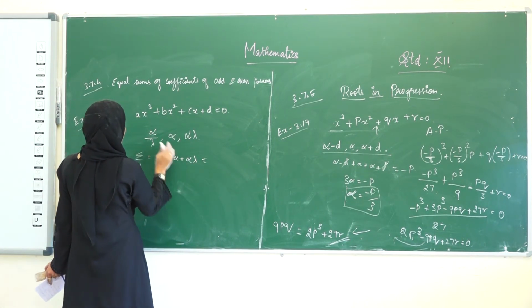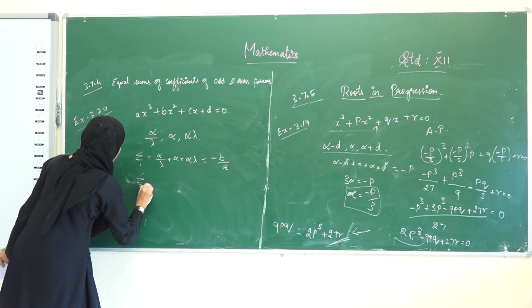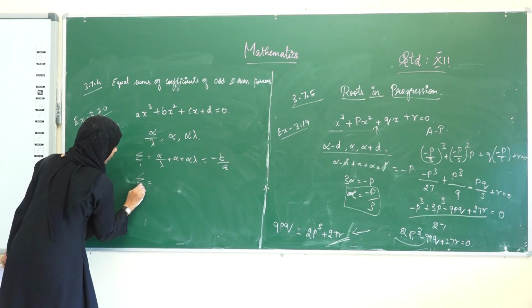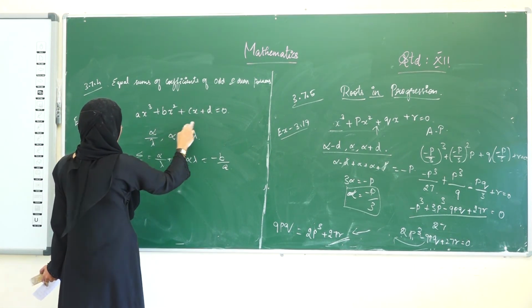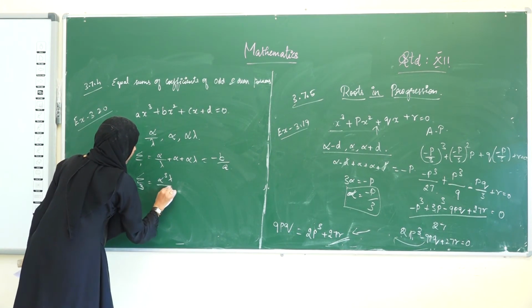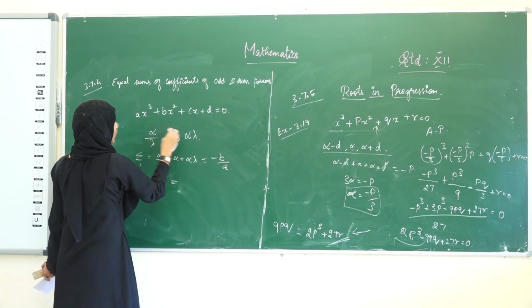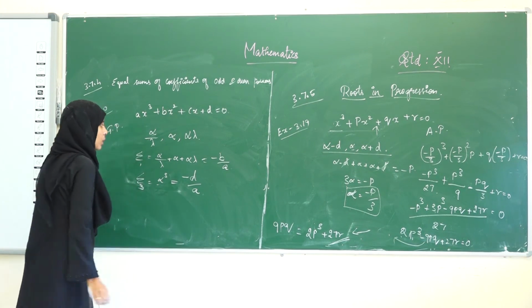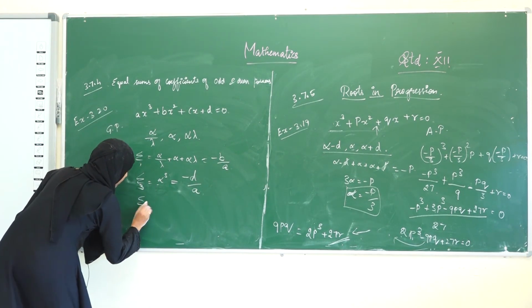See, on adding this, what we get is minus b divided by a. Then summation 2 we don't need, we take it as summation 3, that is product of the roots. Product of the roots is alpha cube lambda divided by lambda. The lambda and lambda get cancelled, therefore alpha cube will be equal to minus b divided by a. Okay, from this alone we can take summation 2.